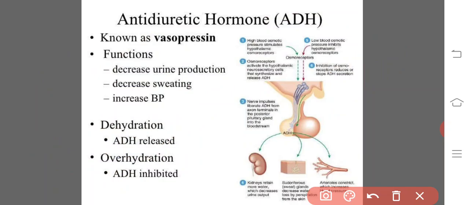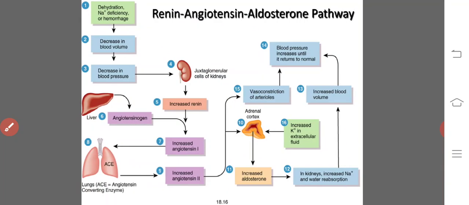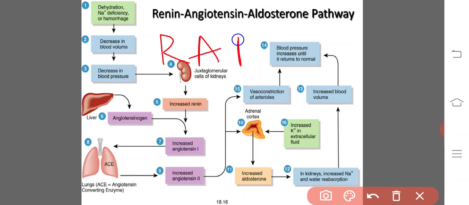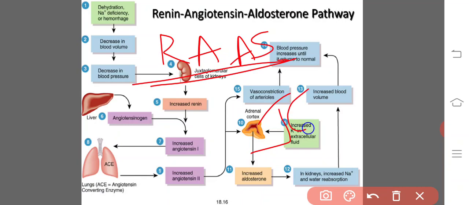Okay, and followed by enhancement of blood pressure. And the second level of regulation of kidney functioning is done by RAAS, the Renin Angiotensin Aldosterone pathway, the RAS pathway. This is done by the JGA, the juxtaglomerular apparatus. The juxtaglomerular apparatus is present in between the distal convoluted tubule and the efferent